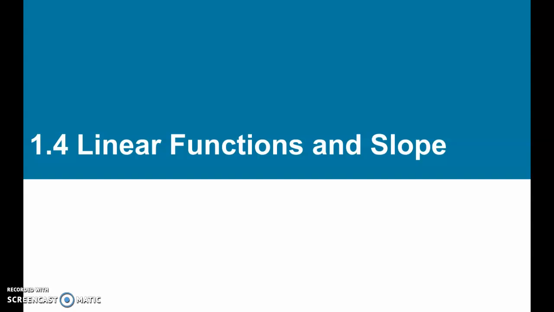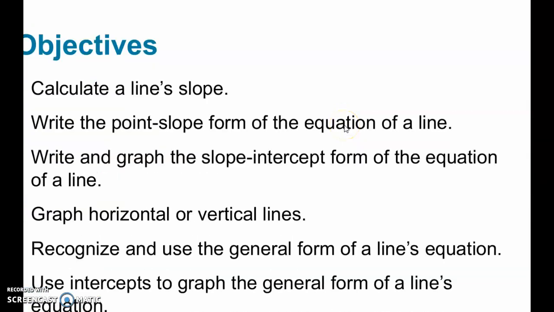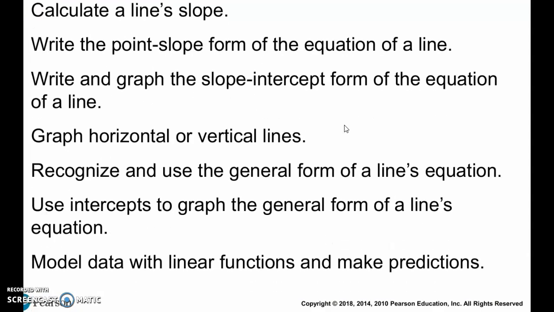So today we're going to look at section 1.4, which is about linear functions and slope. We're going to be looking at how to calculate the slope, how to write an equation in point slope form and in slope intercept form. We're going to look at how to write horizontal and vertical lines and graph them. We're going to look at the general form. We're going to look at x and y intercepts, and we're going to look at modeling data with linear functions